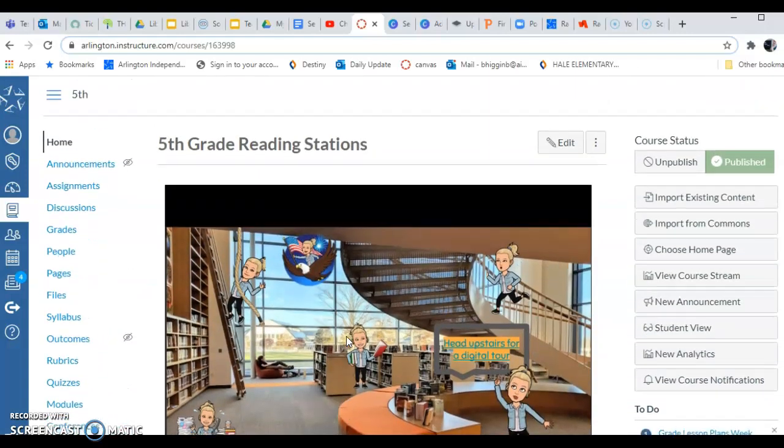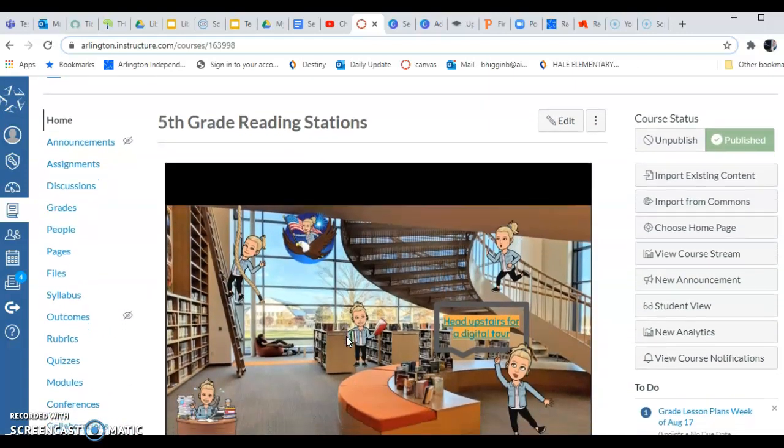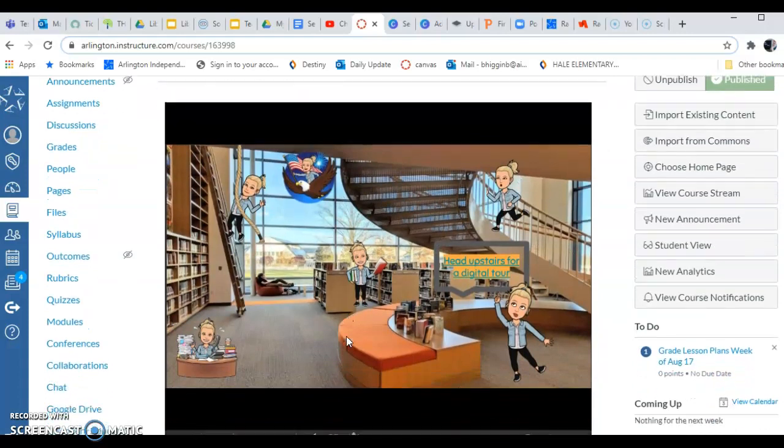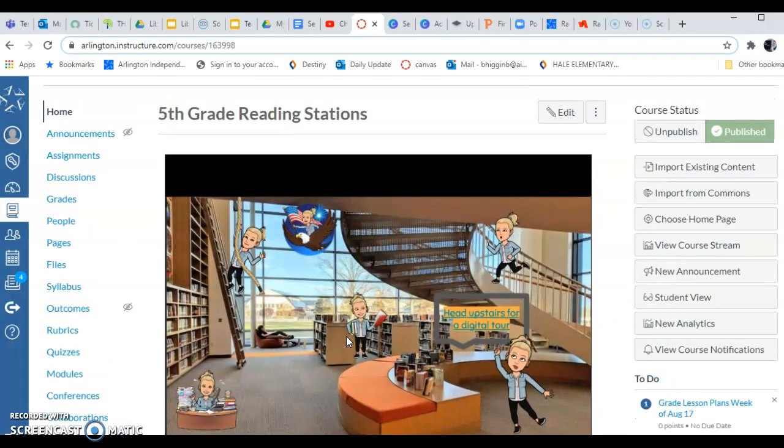So this will be the first thing that students see when they log in. They'll come to their home page, and it'll be your classroom. Okay, if you want to add a button at the bottom of that, so